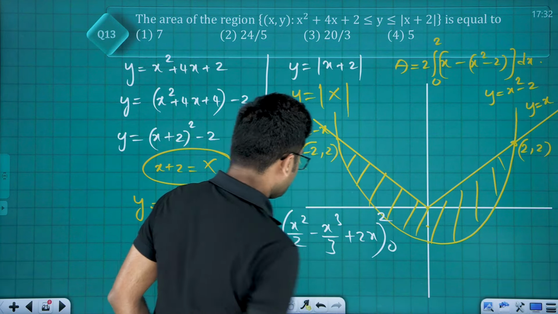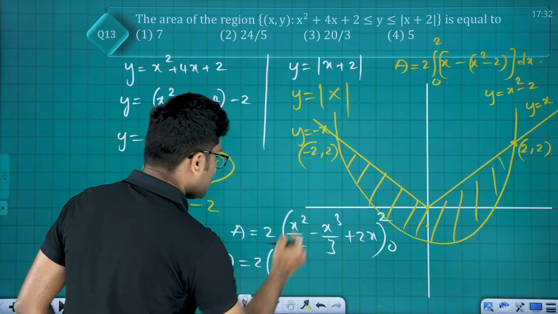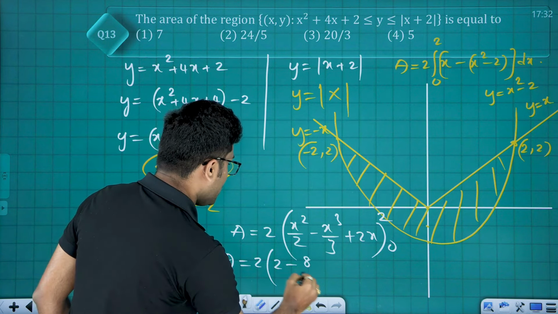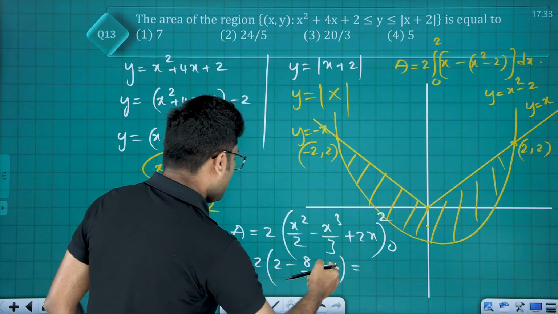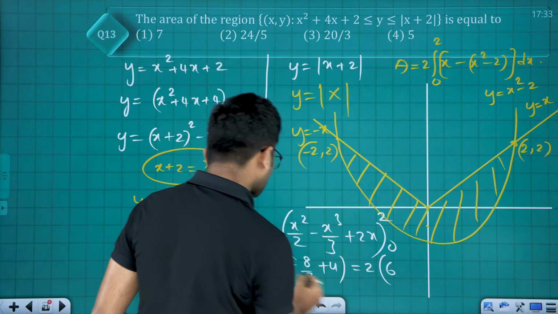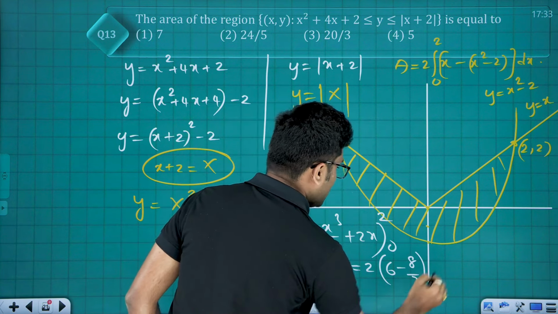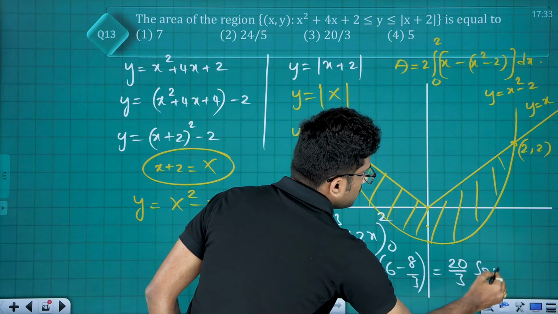Okay. So if we put it, A equals twice 4 by 2, which is 2, minus 8 by 3 plus 2 twos are 4. Clearly 4 plus 2 is 6, 2 times of 6 minus 8 by 3, 18 minus 8, 10 by 3, 2 into 10 by 3, 20 by 3 square units,